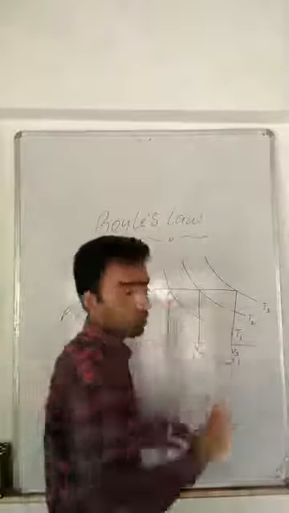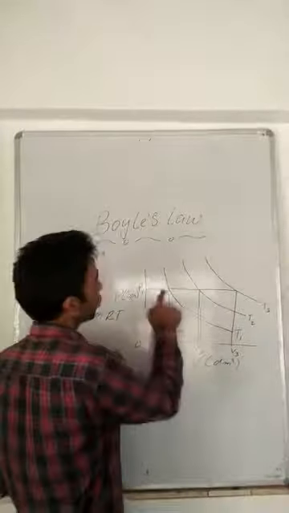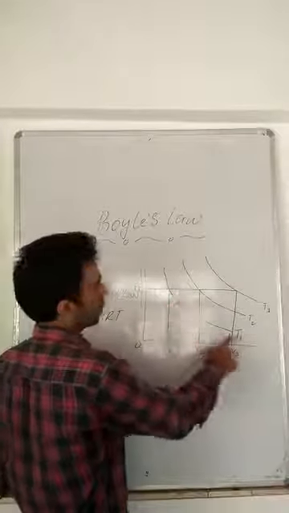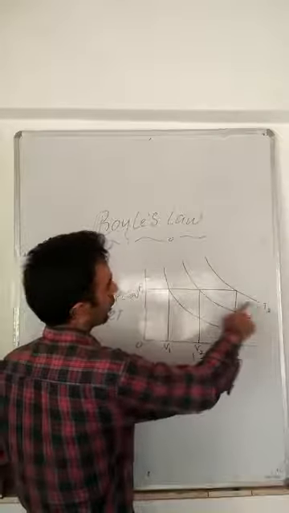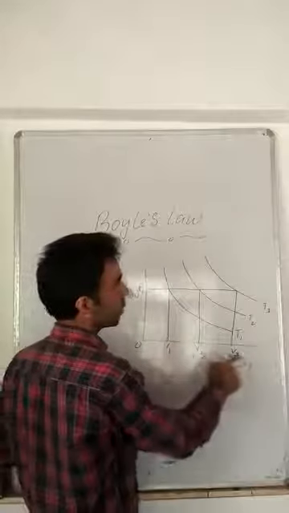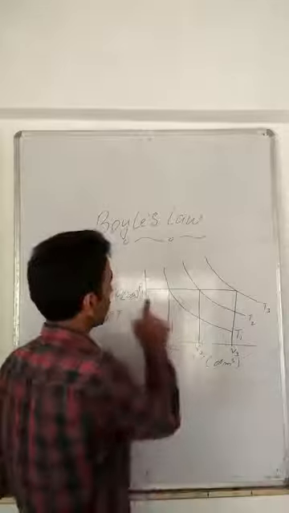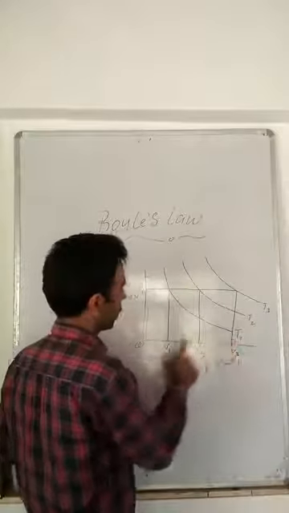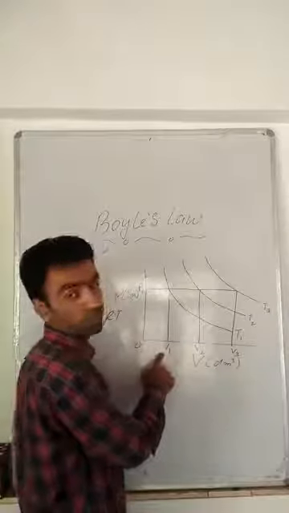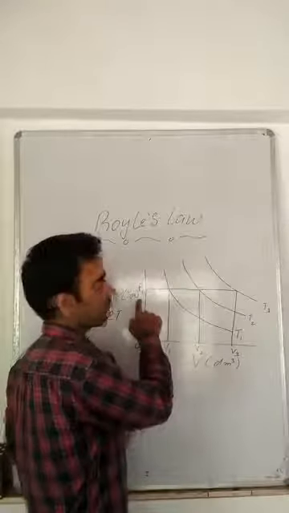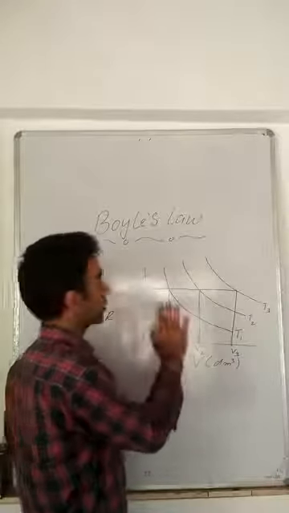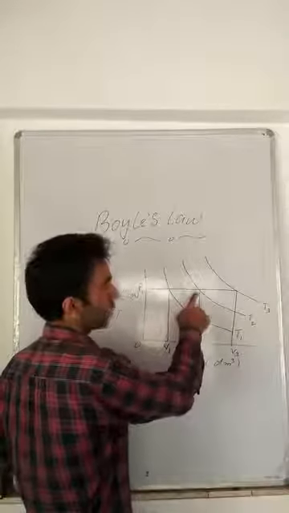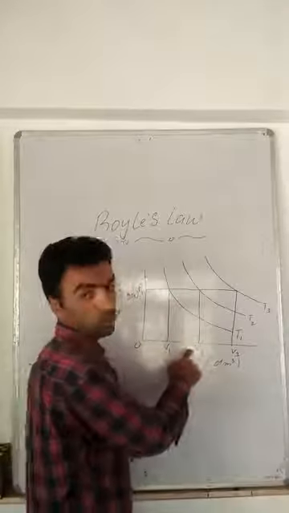I am keeping pressure constant. So it intersects curves T1, T2 and T3 at volumes V1, V2 and V3 respectively. That means once the pressure is P1 at temperature T1, we have a gaseous sample at volume V1. Once again the pressure is P1, that means I am keeping the pressure fixed, just varying the temperature, and at temperature T2 I get a volume V2.